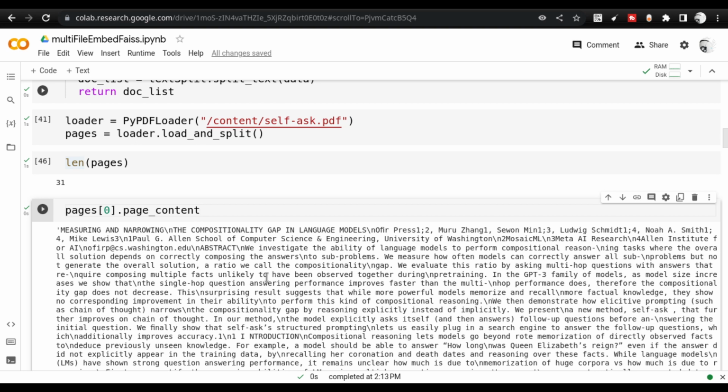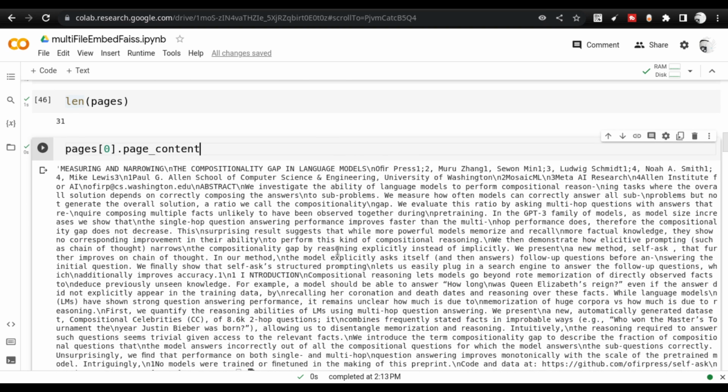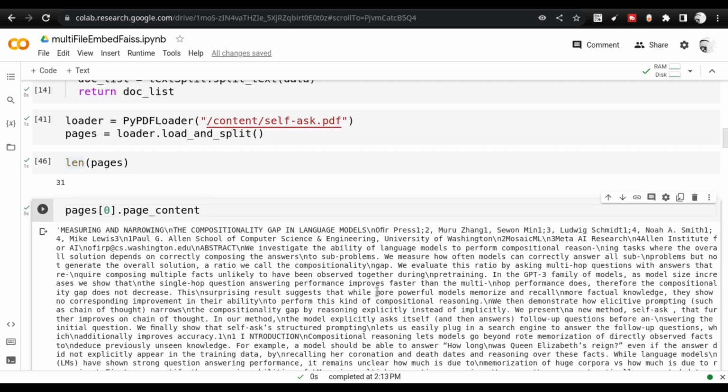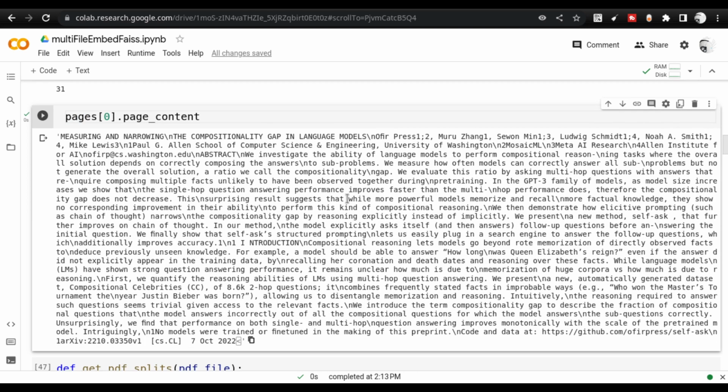Another challenge you will face whenever you use such a big document is that when you provide a small query, like let us say what is self ask, you will not find any documents at all. You will get an error telling that there is no document matches. That is because the way you have done the embedding, the way you have split the document, is not correct. For an example,